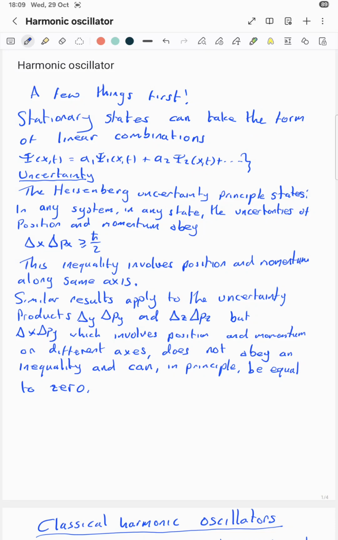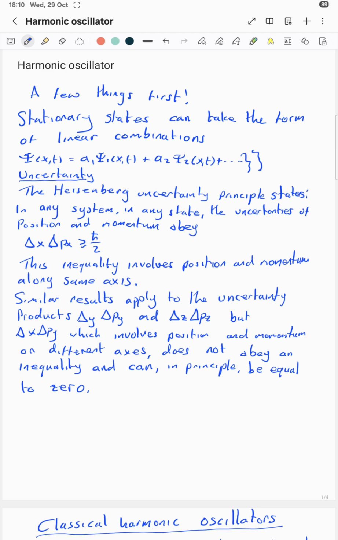This is the harmonic oscillator. It's primarily about the harmonic oscillator, but a few notes first. Stationary states can take the form of linear combinations given here, and uncertainty, which the word uncertainty gets thrown around a lot in quantum mechanics in regards to position and momentum. Well, in any case, the